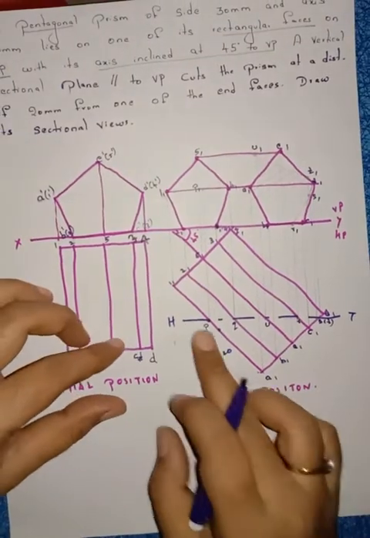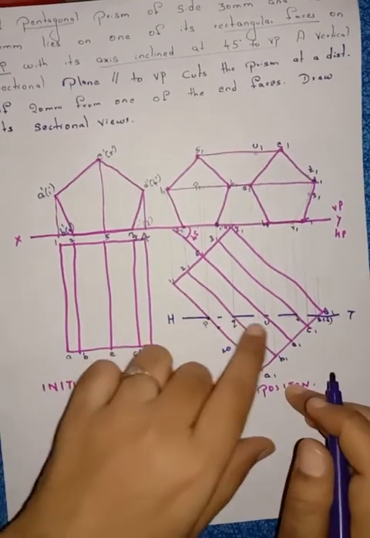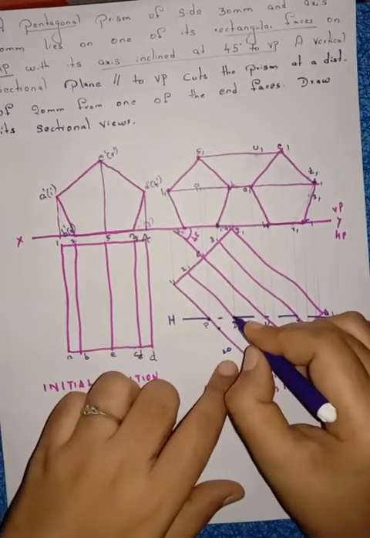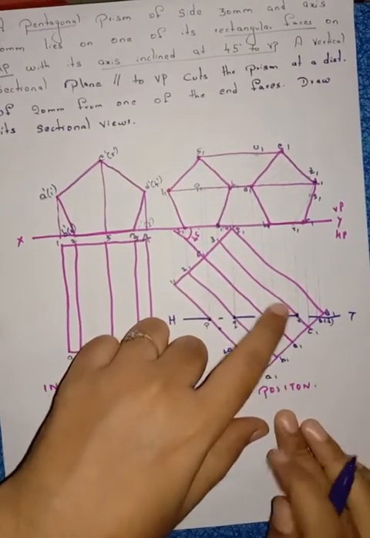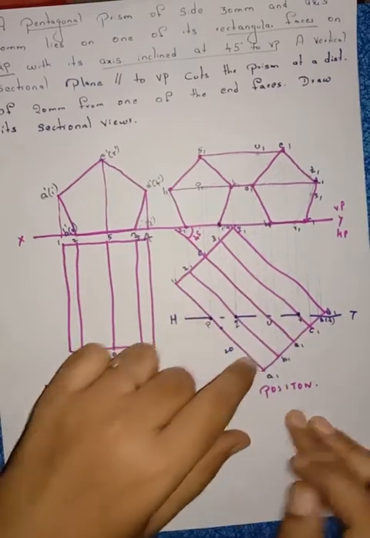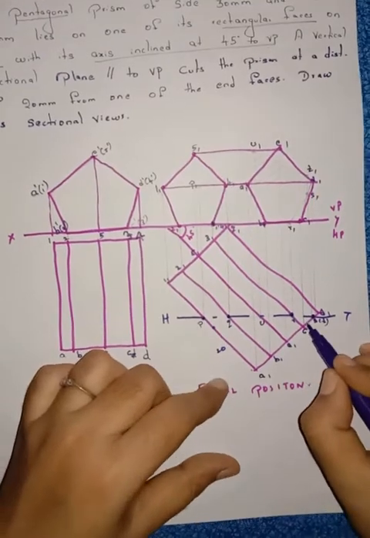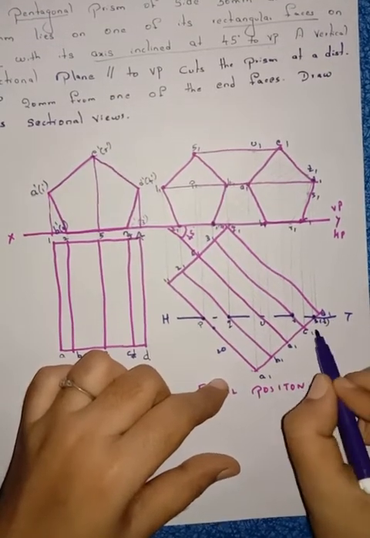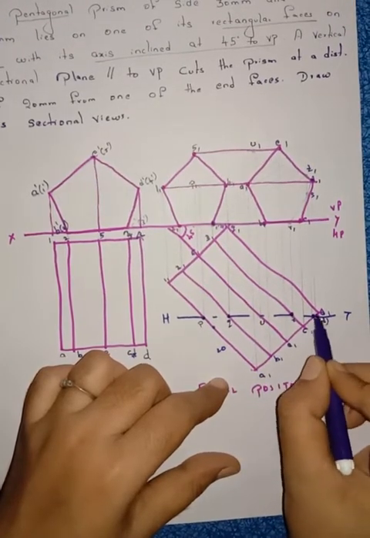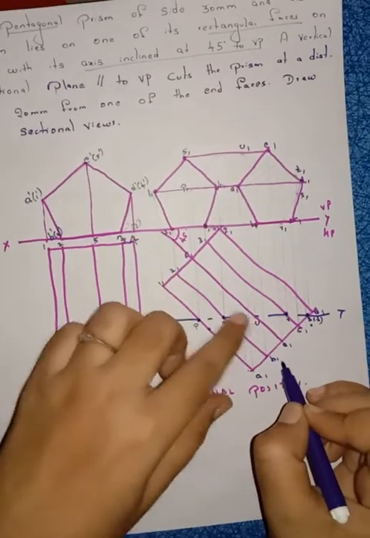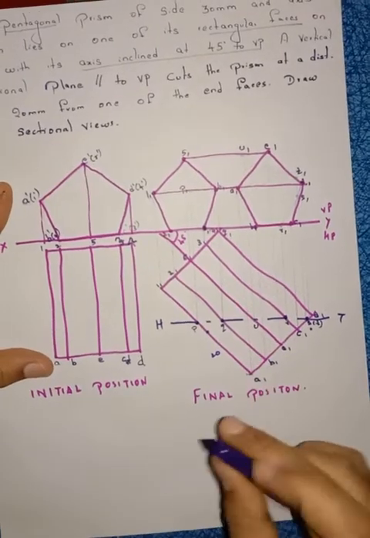After that, what we have to do? This is the sectional plane. This is the first face. Name it as P. This is the sectional plane. This is the second face. Coincidence point is Q. This is the sectional plane. This is the third face. Name it as R. This is the sectional plane. This is the fourth face. Name it as here. When the sectional plane is touching the base, take 2 points: P, Q, R, S, T. Take 2 points here, S and T. Now this is the sectional plane. This is the fifth point. Name it as U. You can take any points here.